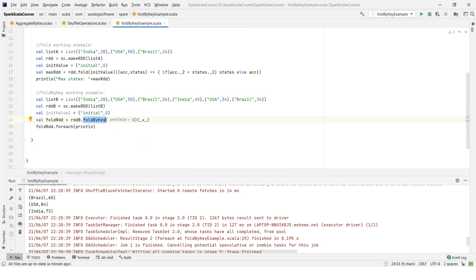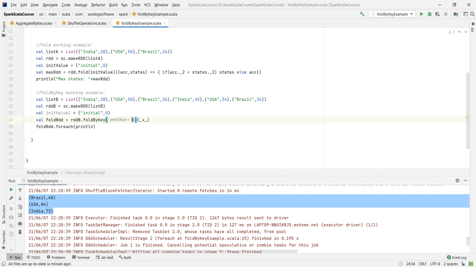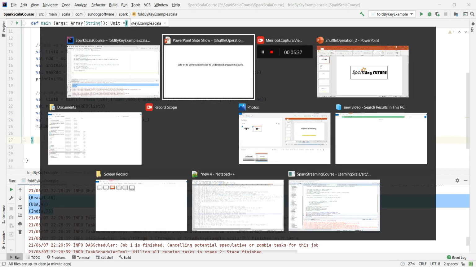In earlier videos we have seen reduceByKey as well. It's similar, the only thing is that we use the initial value here, and there is not much difference between these two. Also, whatever the type of the input RDD, it returns the same output type when we use reduceByKey or foldByKey. So I hope these two examples give you a good understanding of how fold and foldByKey work, friends.